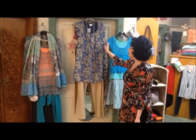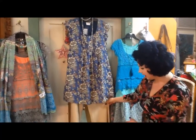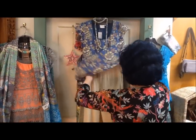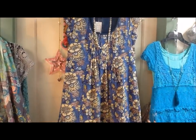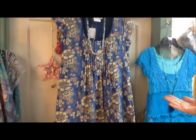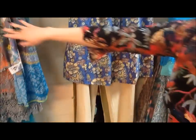So you can see with the pleated tunic here, we also have the cotton pant, which is very lightweight. Let me just show you the waistband is nice and loose. Very comfortable for you to wear, and the accessory options are endless as well. And then over here we have